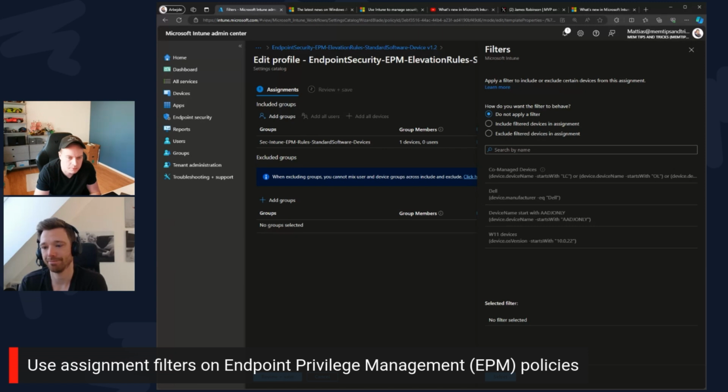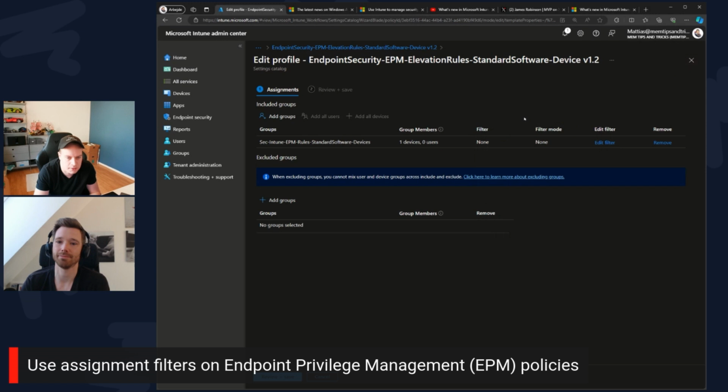Yep, absolutely. And this may not be as important as for macOS. From our testing, for instance, it's been like day and night between making use of the virtual group and filters versus using Entra ID groups when targeting stuff for the macOS devices. So that's the aim that we are going towards. So more filters for everyone, right? Yeah. Nobody thought that I would say that, but